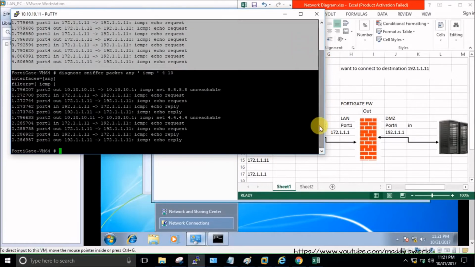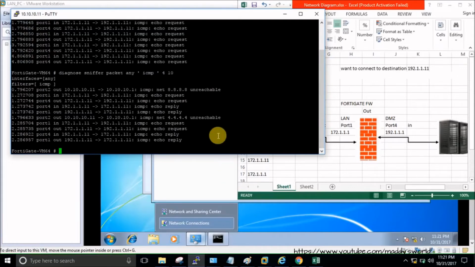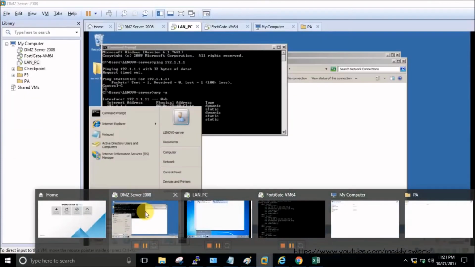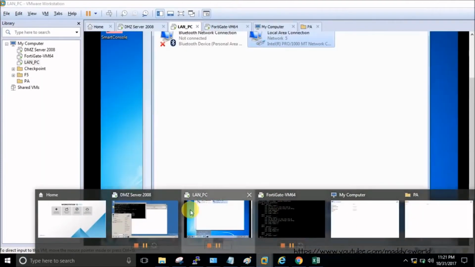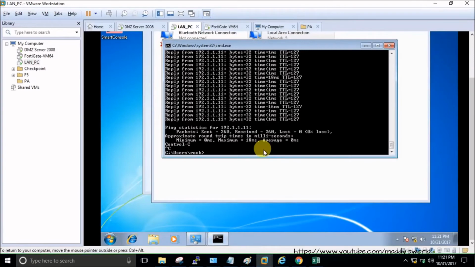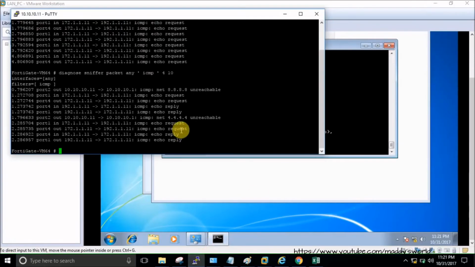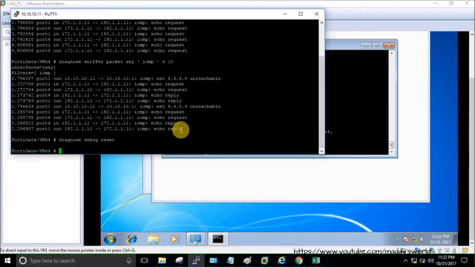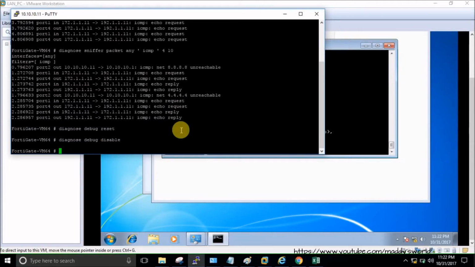All right. Now I want to see the packet more deeply. What I will do: there is a ping going on from the LAN PC. Just stop the ping. So the packet is already initiated. I will show you the debug. There are commands. After sniffing, if you want to do debugging at a deeper level, you need to run these commands: